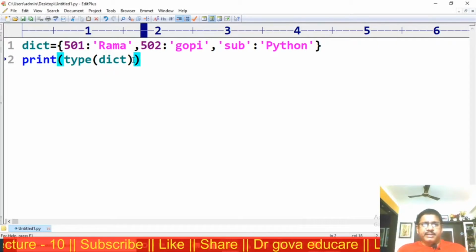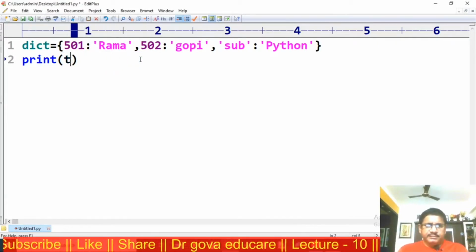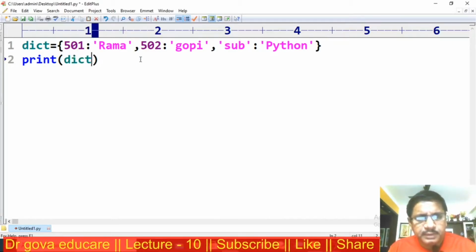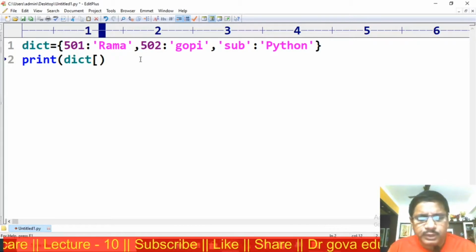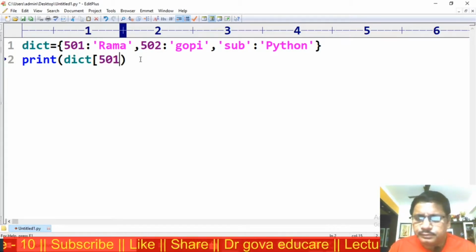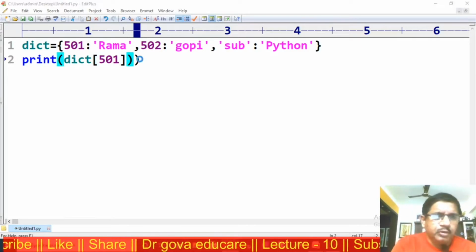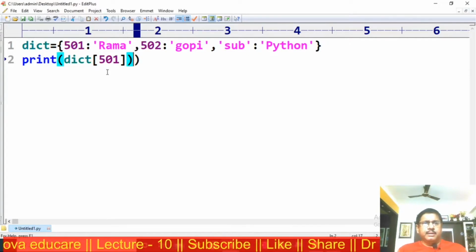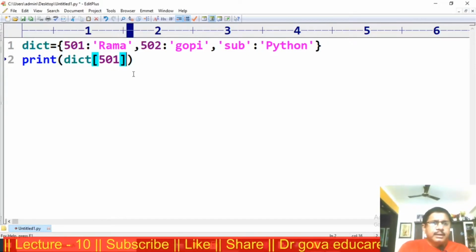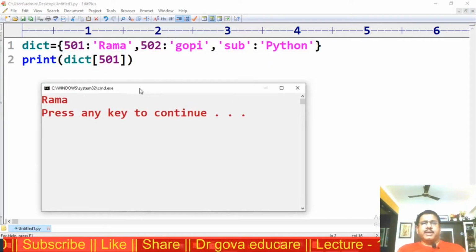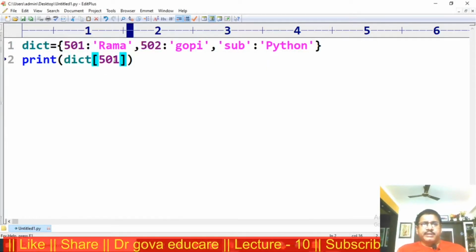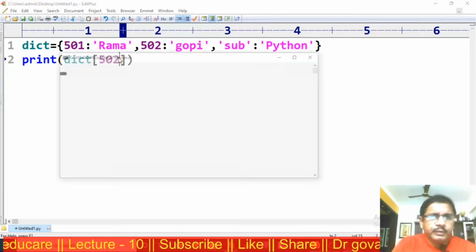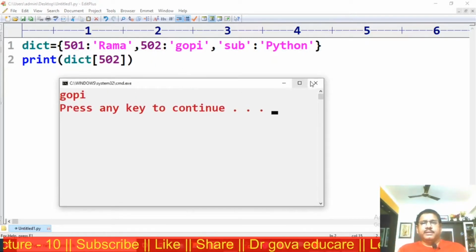Suppose I am retrieving the elements from the key. dict of 501, the output is Rama. I am retrieving 502, now the output is Gopi.